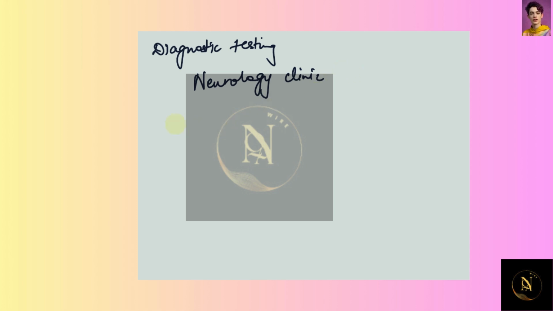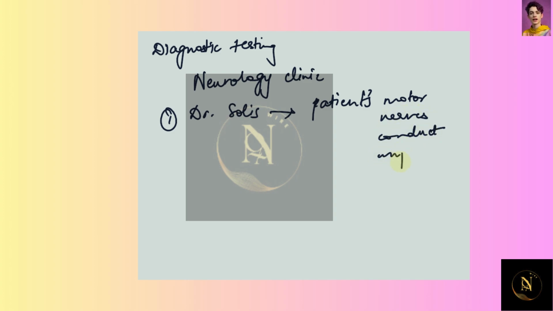So, patient needs and symptoms. First, Dr. Solis would like to measure the speed at which patients' motor nerves conduct impulses. Second, the doctor has ordered a recording of the electrical activity of the patient's brain, and the doctor also suspects a tumor and needs to see a highly detailed